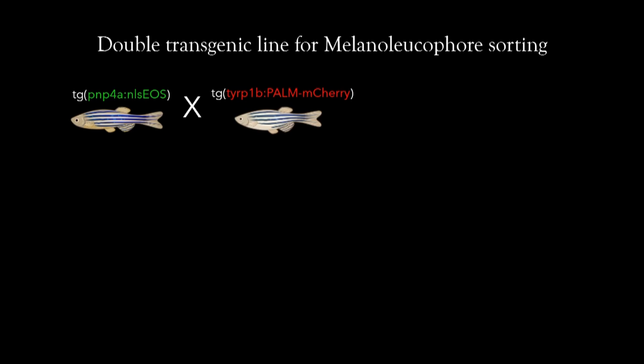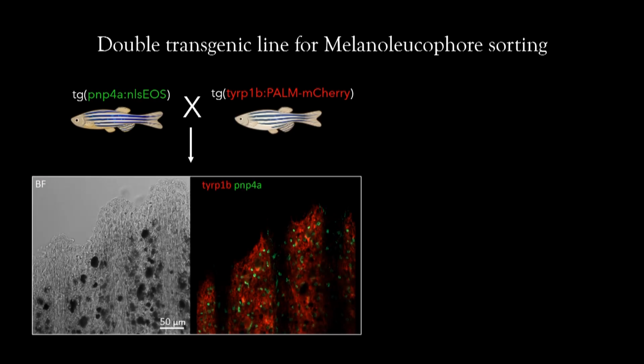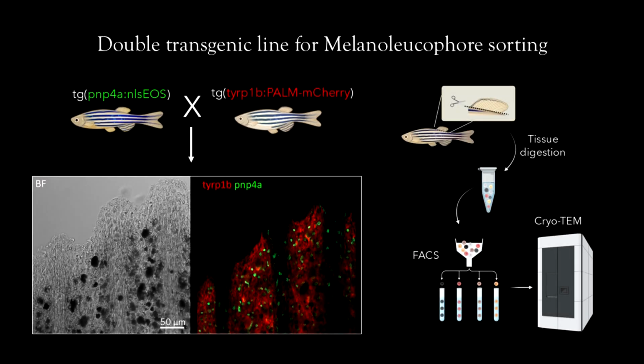And for this, we needed to generate a double transgenic line for sorting. So we took, in green, the iridophore marker, and in red, the melanophore marker, and this is what the fish fin looks like. So we have these two colors. And then we could digest the tissue, sort the cells with FACS, and head over to higher magnification